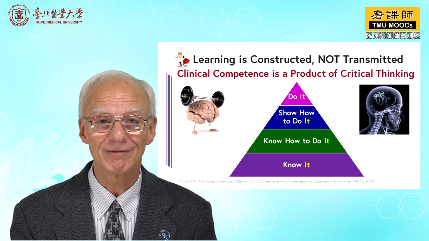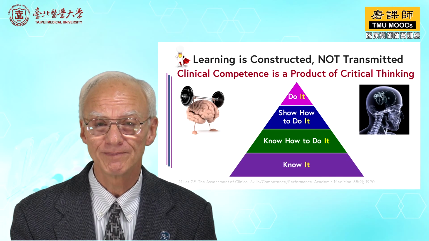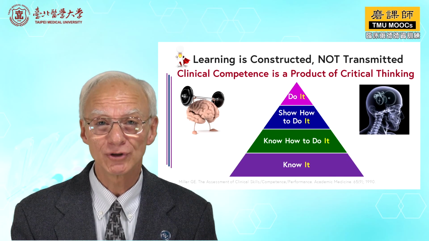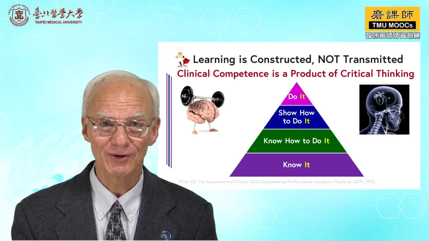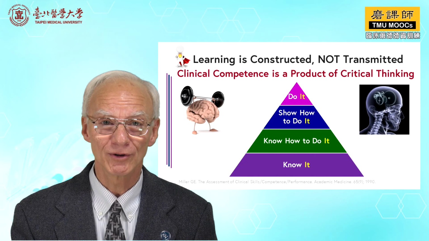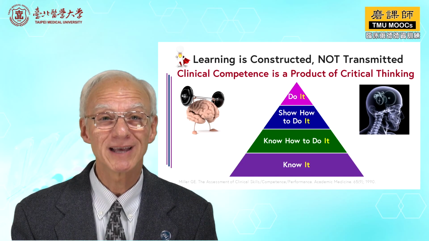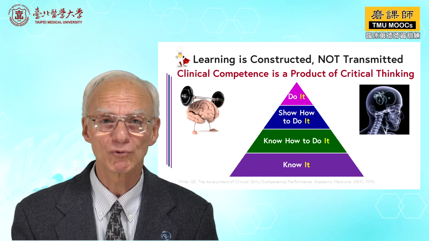At the very first level is knowledge, to know what it is that the student needs to learn. The second level is to know how to do what it is that they need to learn. The third level is to be able to show how they do what they are learning. And the last level, the highest level of competence, is to be able to actually do it in regular fashion